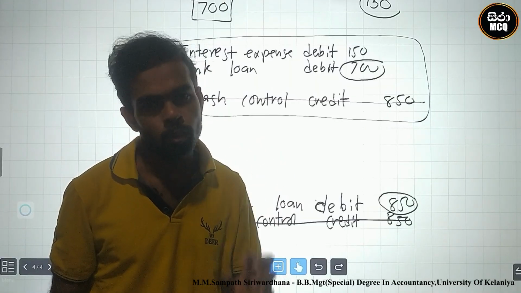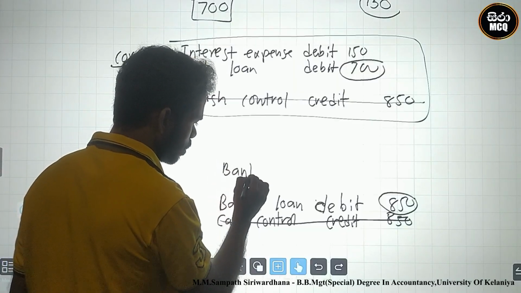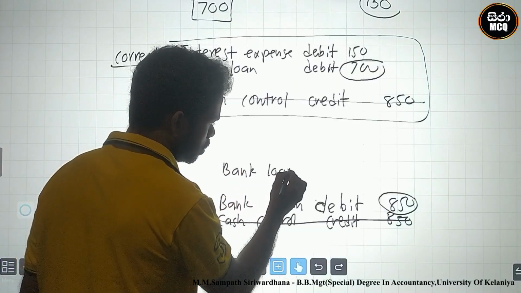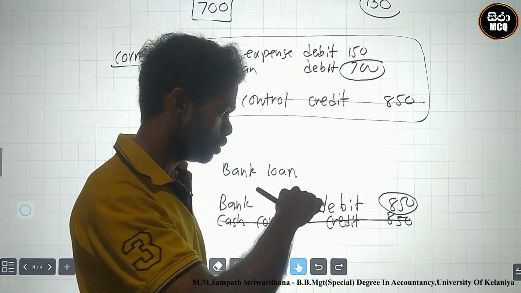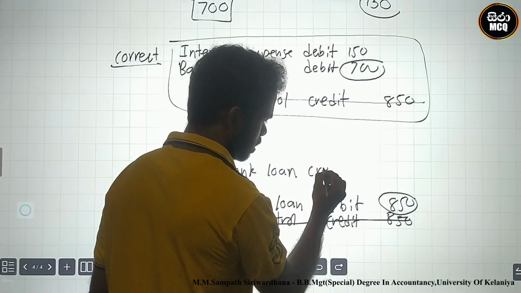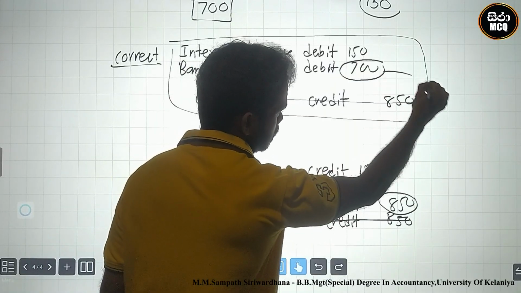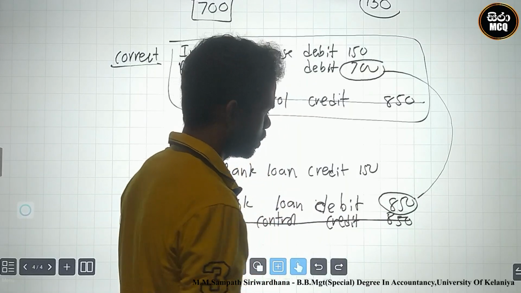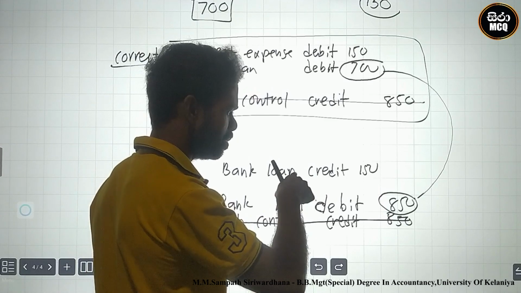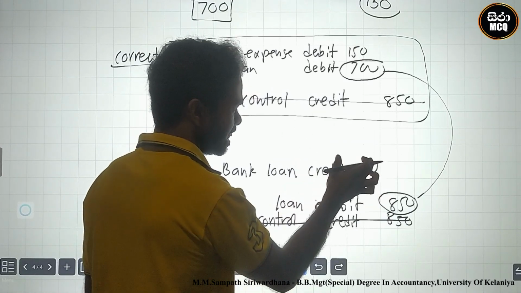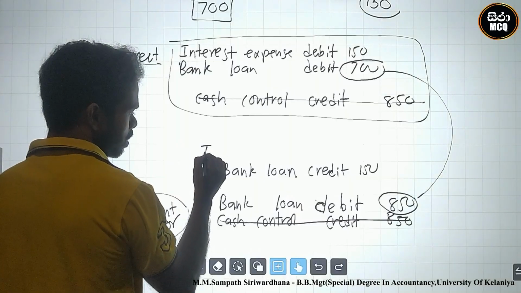Bank loan, which shot? The debit is higher, we must use the credit shot. Bank loan credit 150. This gap 150. The credit, therefore the debit is minus. Okay, the credit 150 and debit to interest expense